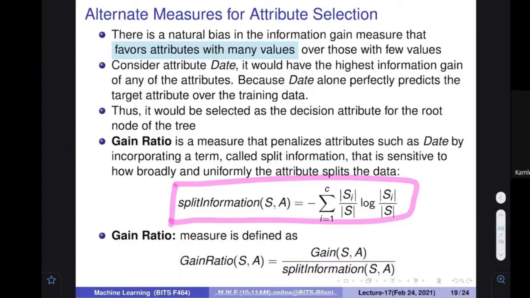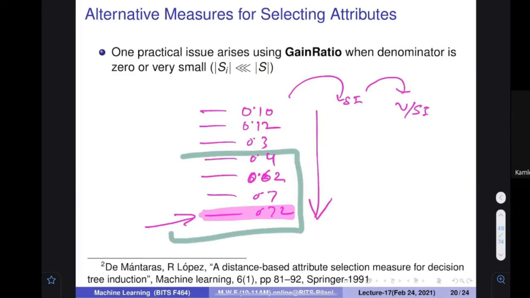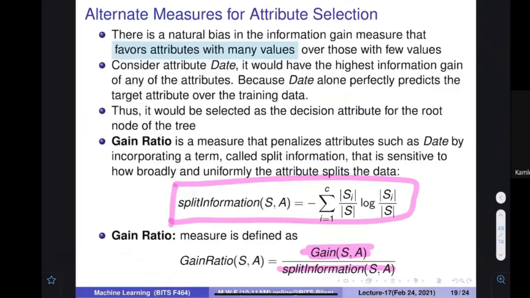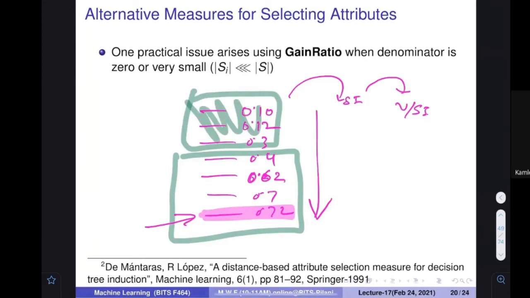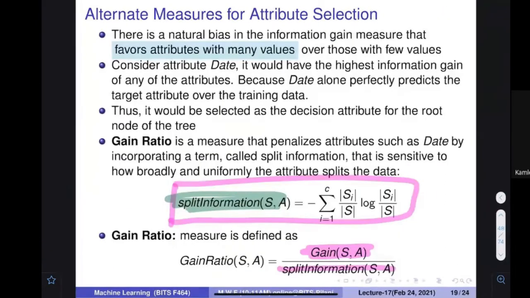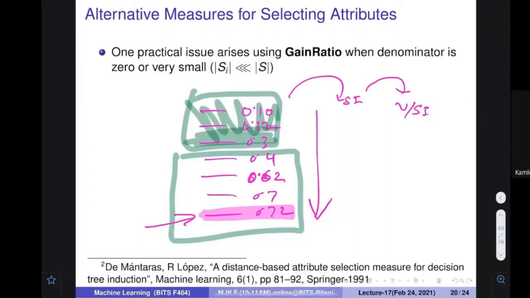And what is that? That is the gain value divided by some split information. So you are going to compute another value, the split information, divide the gain by it, and based on that find the right value. But what I wanted to tell you is that this particular method says don't find the split information for the items which actually have a very small value. For these values, don't compute them, because this kind of problem, when the split information is very small, can arise only in these cases. So you don't evaluate these values, you only evaluate the things over here.